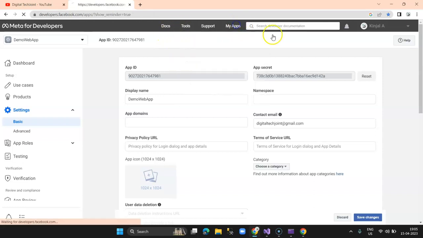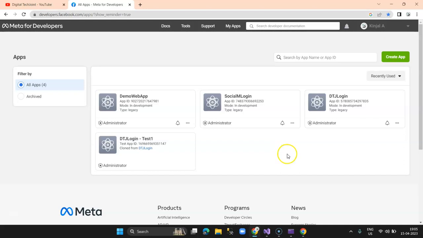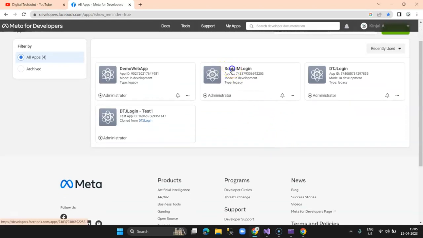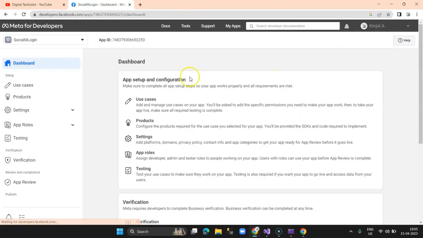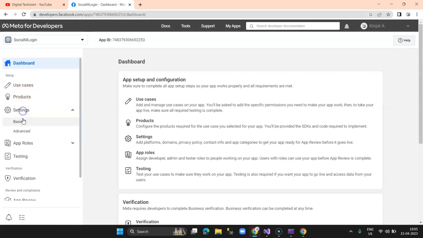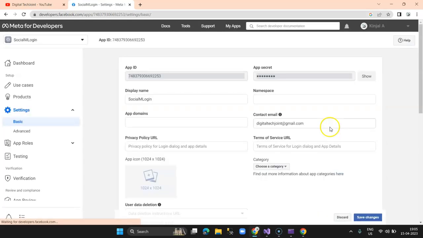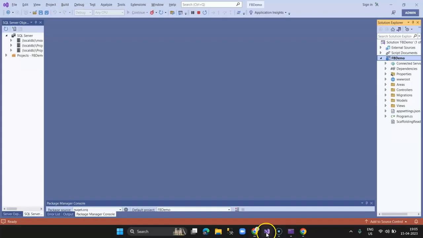So let me click on my apps, and this is a social login app that I created. Here, if you click on basic, I've used this app ID and secret ID. I will be using this account, but I've showed you how to create an app. So once that is done,